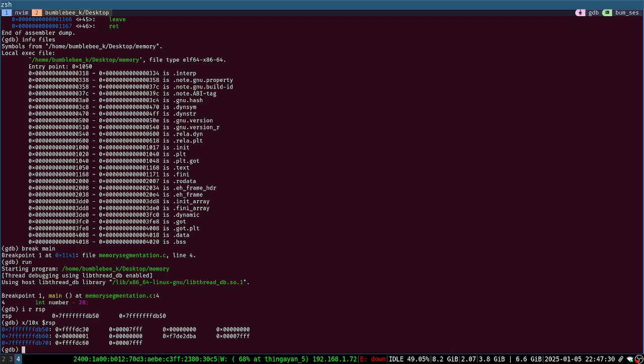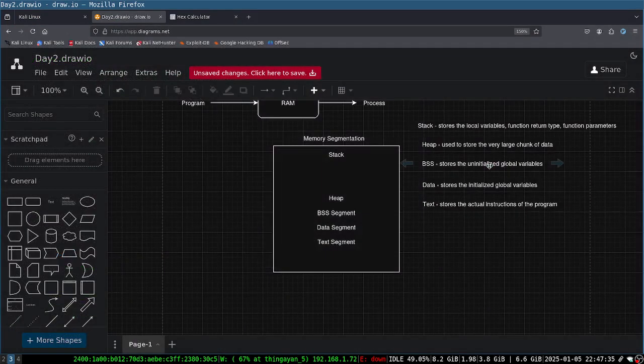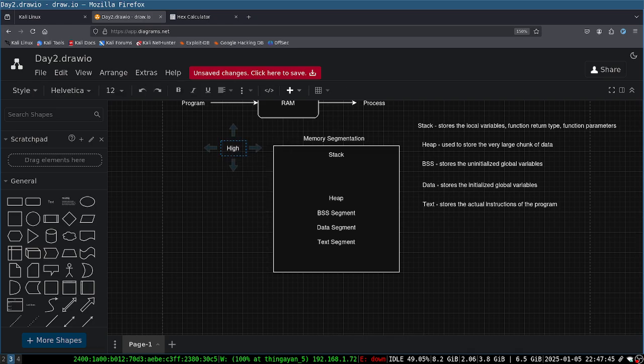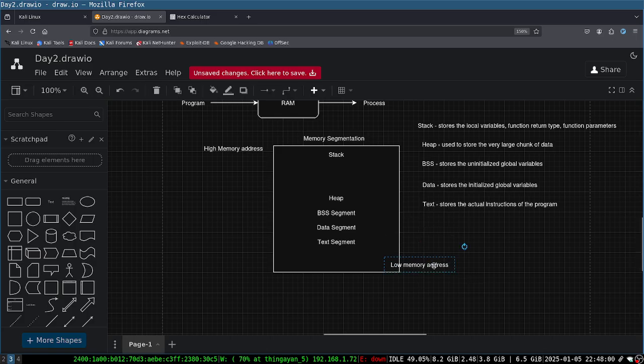Okay, so db50 is the stack pointer, but here is a very good trick, because the stack lies at the high memory address, and then this is our low memory address. So the memory goes on increasing. The text segment has the lesser memory address, then it goes on increasing. But this stack,